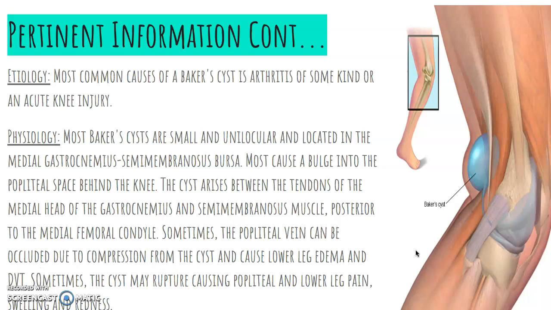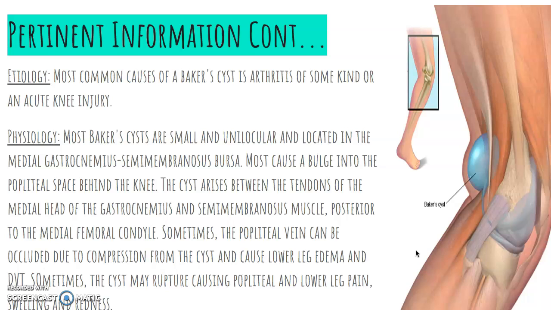Etiology: most common causes of Baker cyst is arthritis or some kind of acute knee injury. Most Baker cysts are small and unilocular and located in the medial gastrocnemius semimembranous bursa. Most cause a bulge to the popliteal space behind the knee. They arise between the tendons of the medial head of the gastrocnemius and semimembranous muscle posterior to the medial femoral